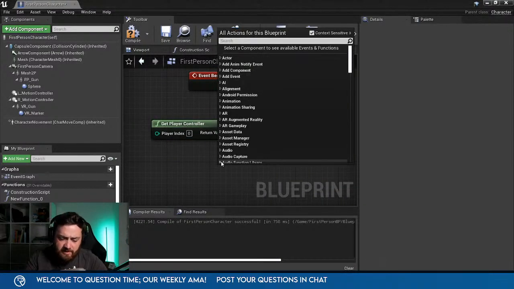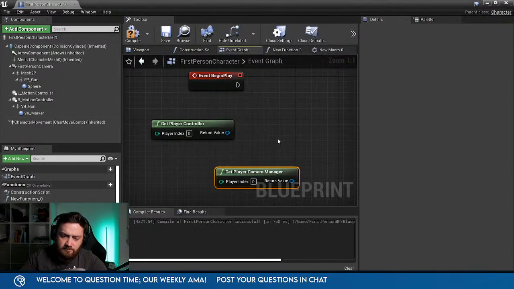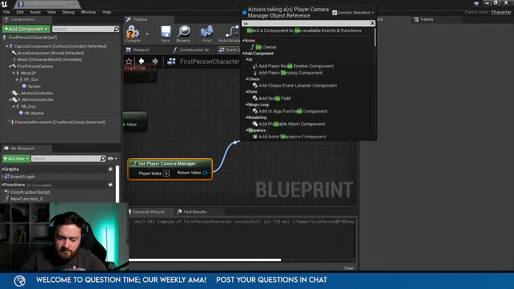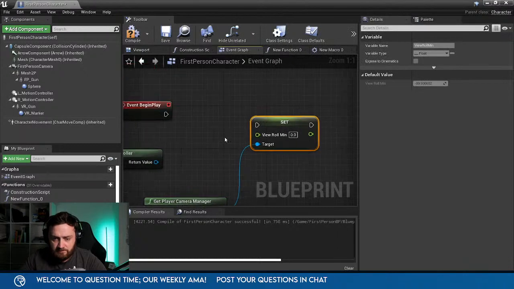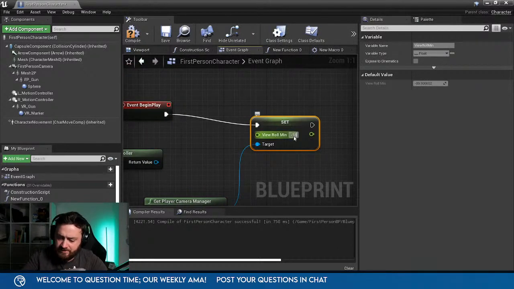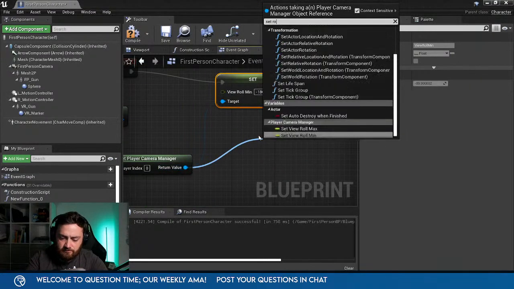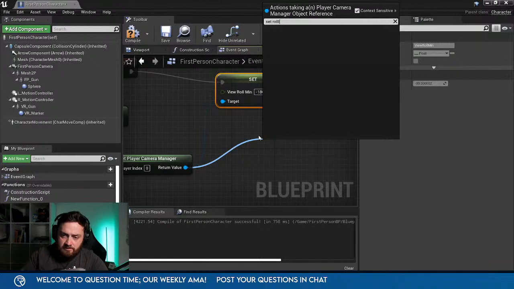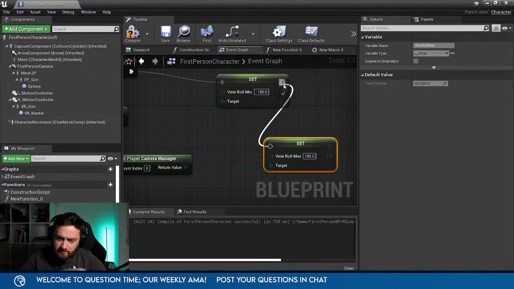Controller? Might be camera. Set roll. Oh, there you go. It's the camera manager. So set roll min we'll do here as -180, and set roll max as 180. Do the whole 360 degrees.